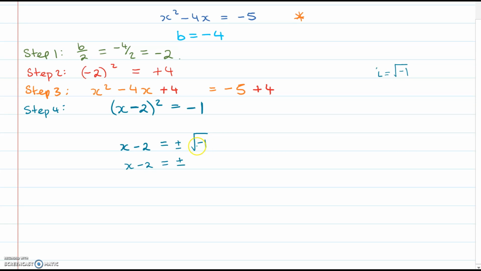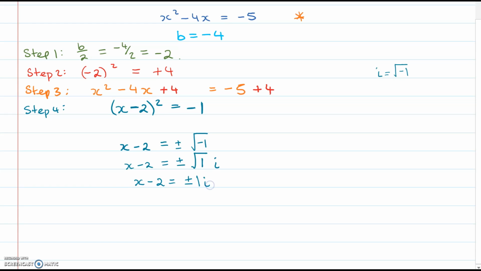So if we have a square root of a negative number, we're going to write it as a product with negative 1. So it's going to be 1 times negative 1, plus or minus the square root of 1 times negative 1. Or, I think we probably prefer to do it this way, we can just write the square root of 1 times i. The i is not under the square root sign. Well, the square root of 1 is 1, so this is just going to be x minus 2 equals plus or minus, the square root of 1 is